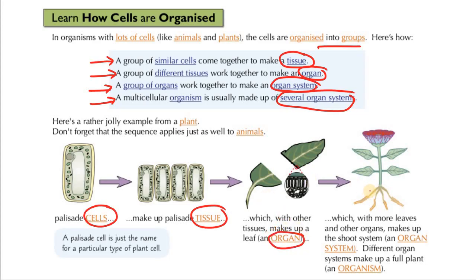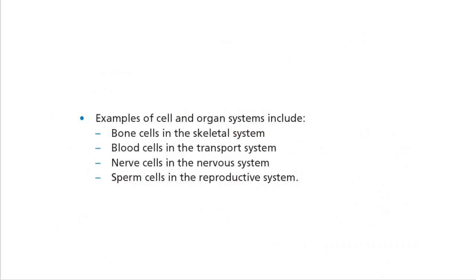And then after this, what do you see? A shoot system, which is basically an organ system. Now different organ systems basically make up a full plant or an organism. Now you see examples of cells and different organ systems, the corresponding cell and corresponding organ system I have given over